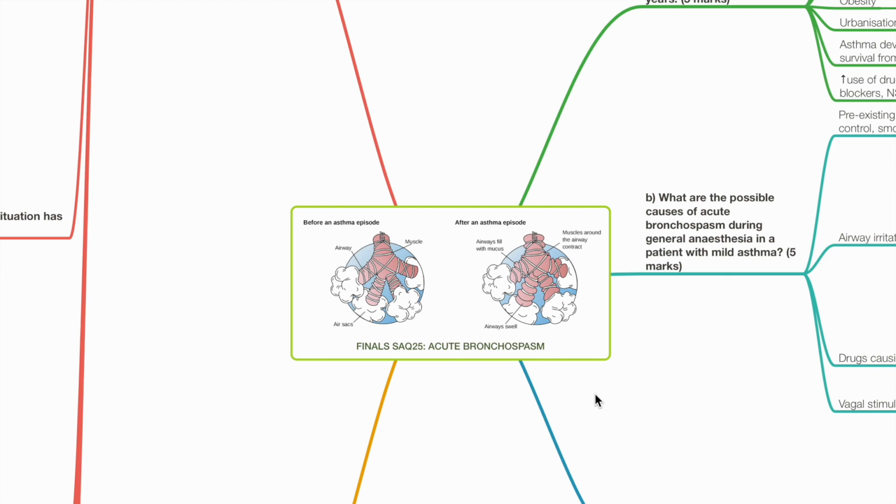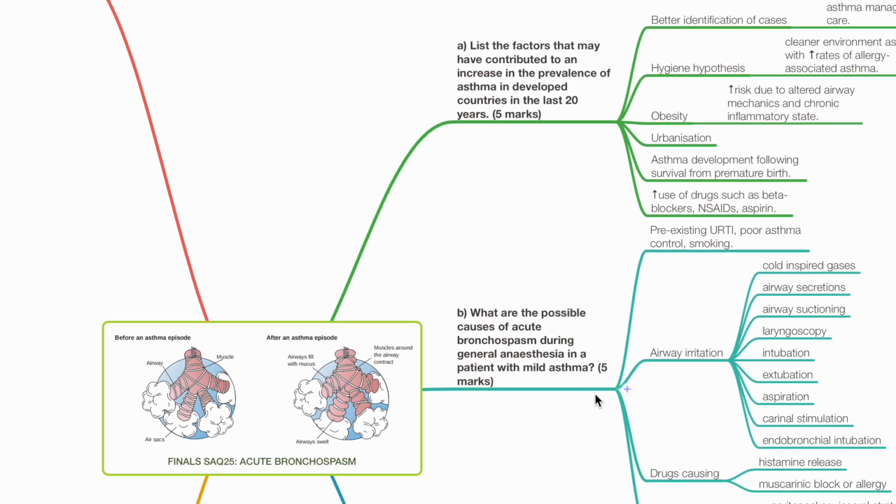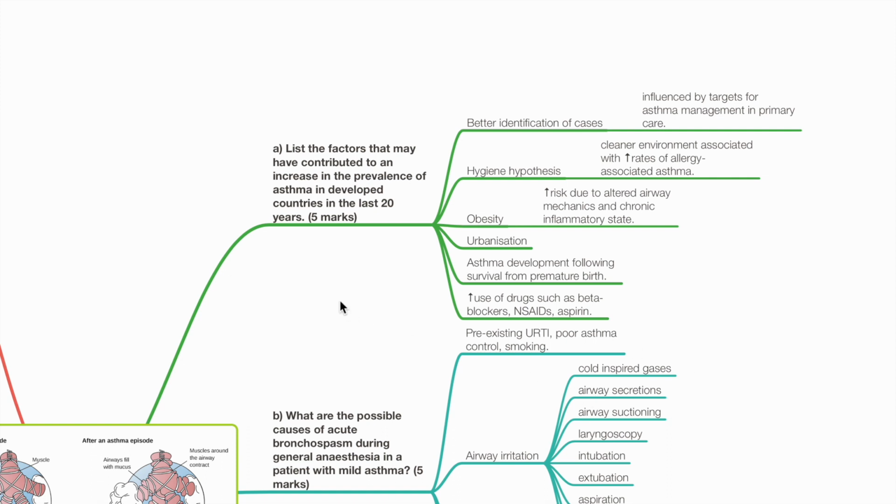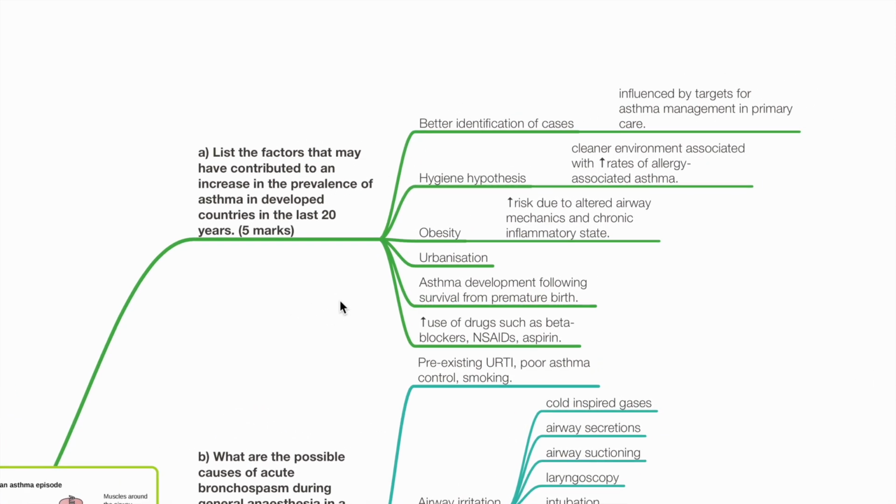Finals SAQ 25: Acute Bronchospasm. A. List the factors that may have contributed to an increase in the prevalence of asthma in developed countries in the last 20 years. This includes better identification of cases influenced by targets for asthma management in primary care, hygiene hypothesis,